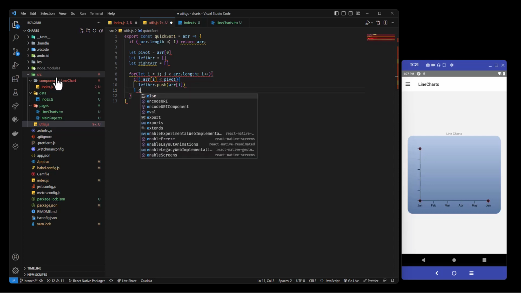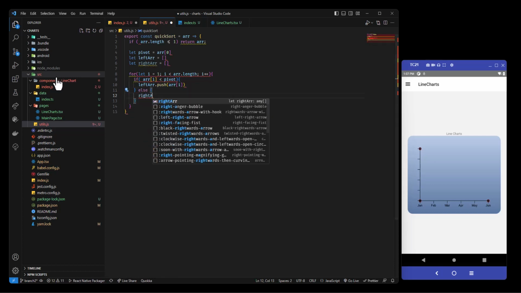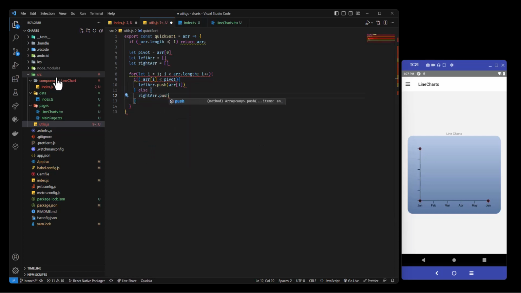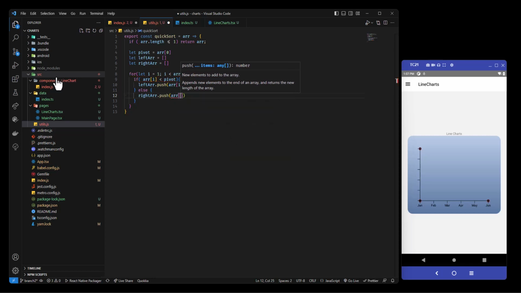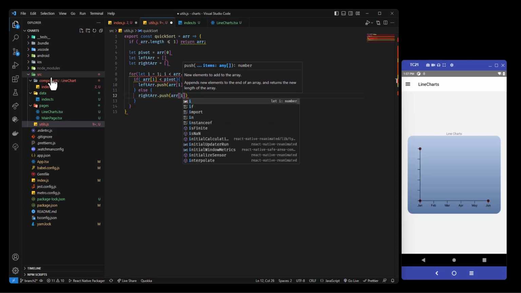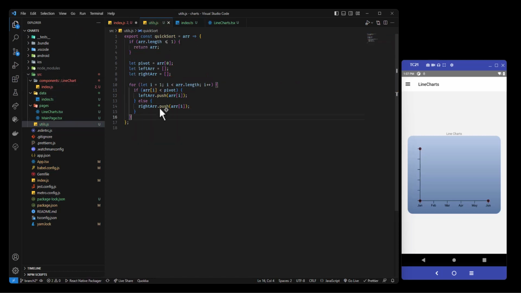Otherwise, rightArray.push array at position i. Now we're going to return an array. We're going to spread out and recall quickSort